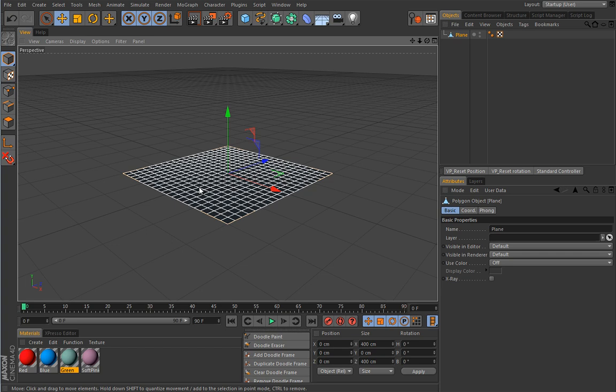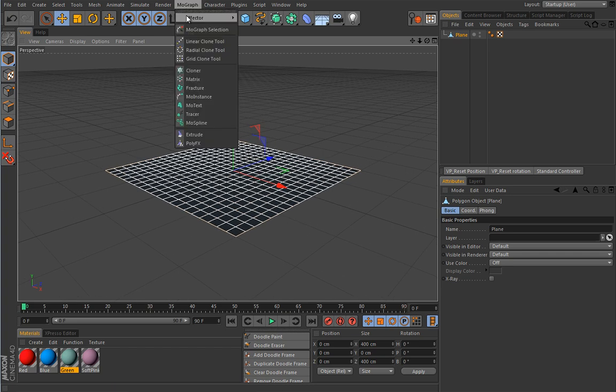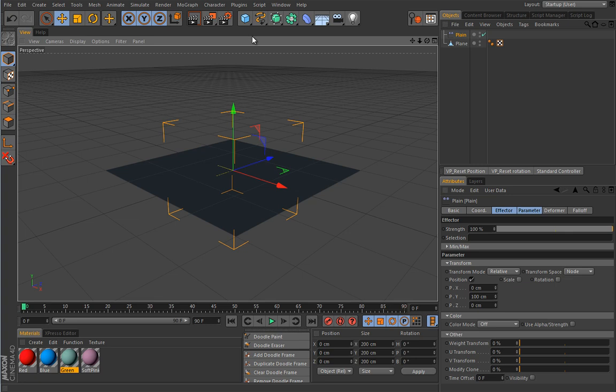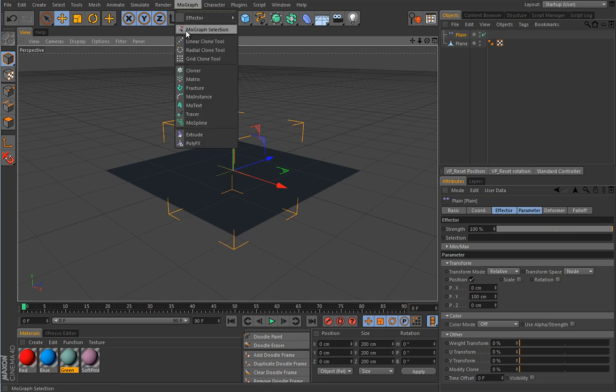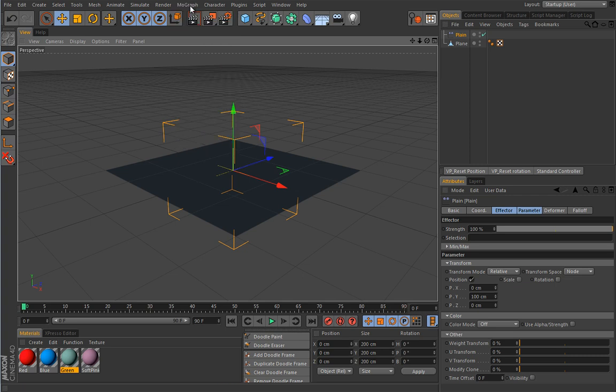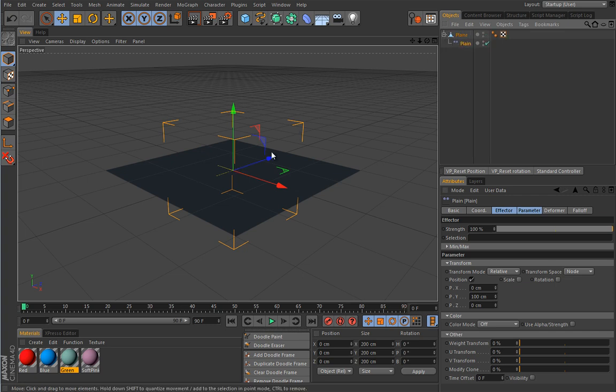so I can demonstrate the first principle. We'll load the plane effector, but you will notice that I didn't create a cloner or any other generator from this list, and that is because you can use these effectors as deformers. So if you make an effector a child of the polygon object, you can actually use it to deform that object. And you will see that in action here under this deformer tab